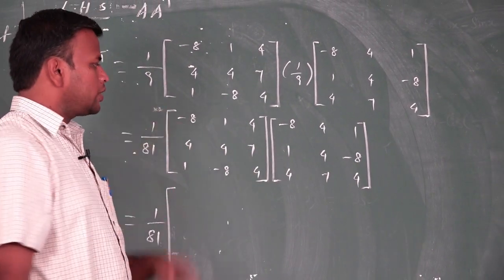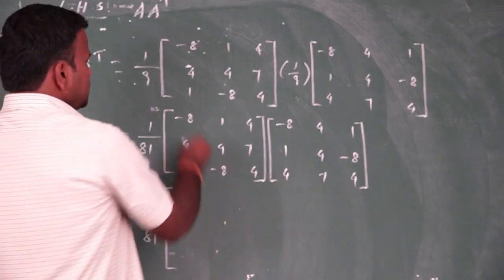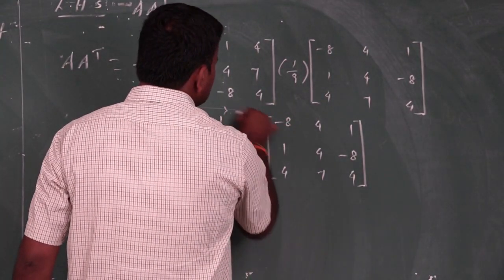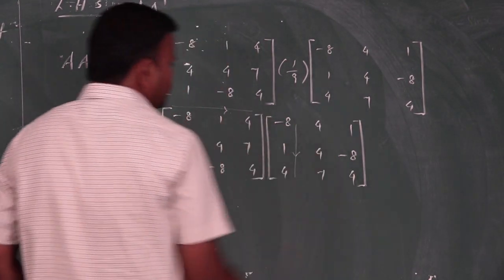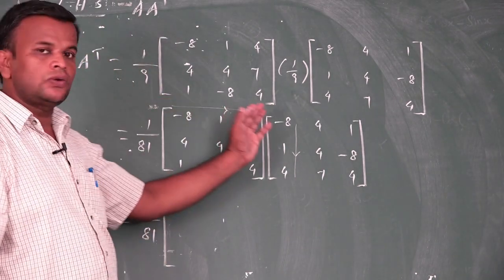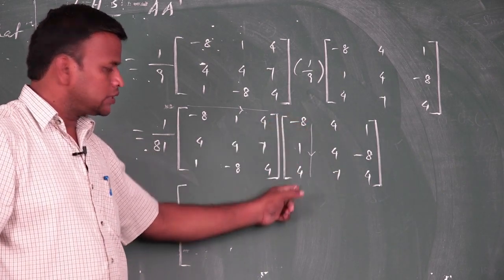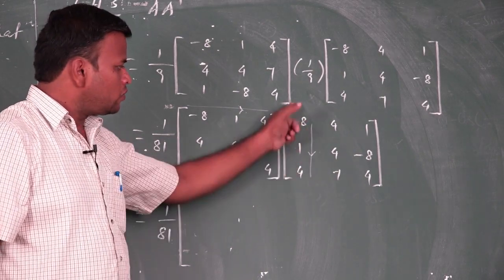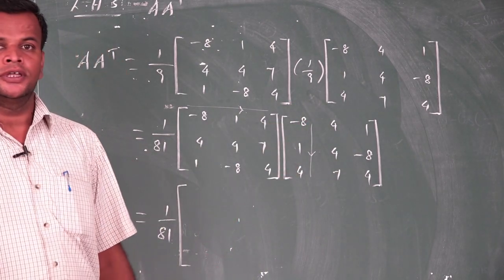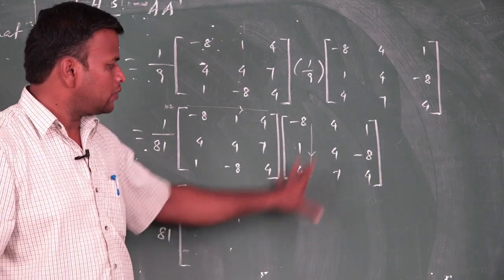You know the working rule, I tell it briefly, in the same manner as 2 by 2. First we take the first row with the first column, next the second row with the first column, then the third row with the first column. So the first column is over. In the same manner we finish the second row and third row.